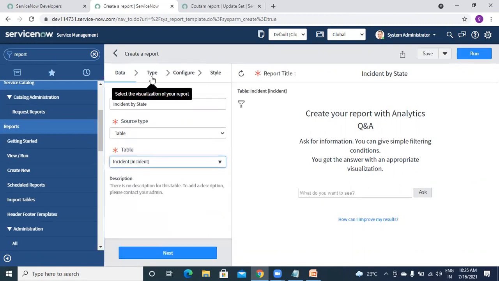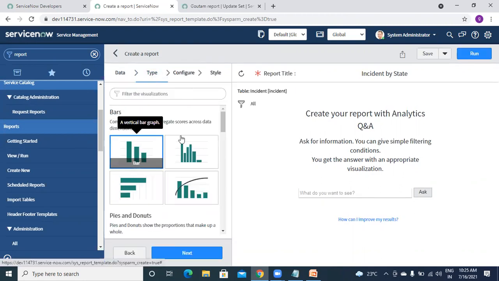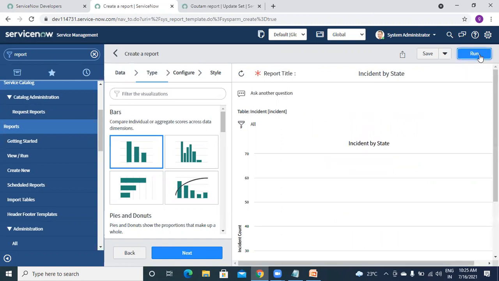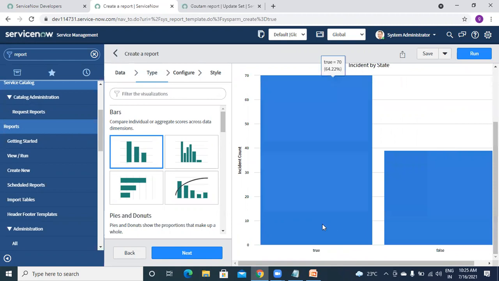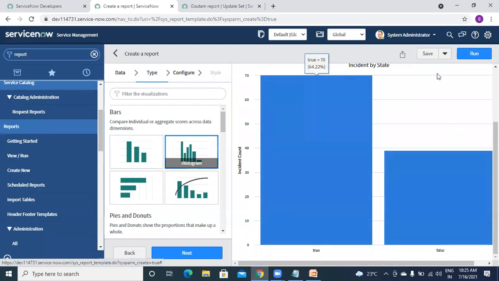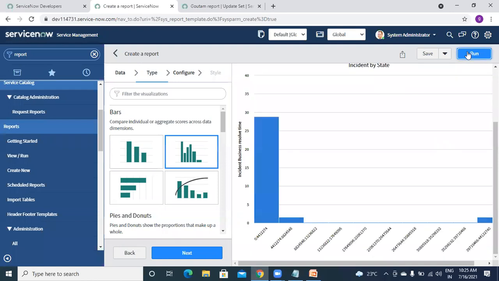This incident is selected. Then if I select bar and directly click on run, you can see this is showing based on true or false, true or false. Because we have not given any group by or anything, it is just showing based on something, some random thing. And if you select histogram, then it will be like this. Actually, I too don't know on what basis it is showing.